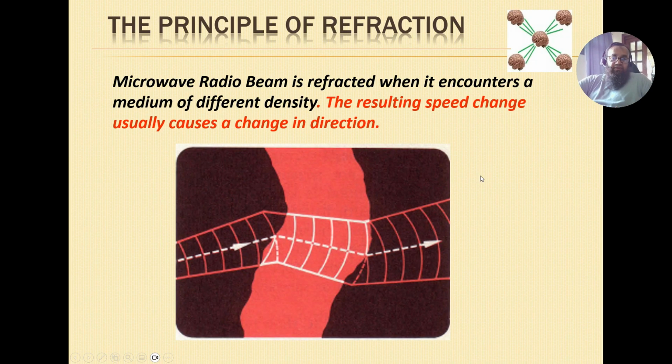So refraction, if we go with the principle, or you can say the definition of refraction: a microwave radio beam is refracted when it encounters a medium of different density. Basically, if you correlate it with your normal working, you should be looking into the refraction problem a lot, because if you have any problematic link, then mostly